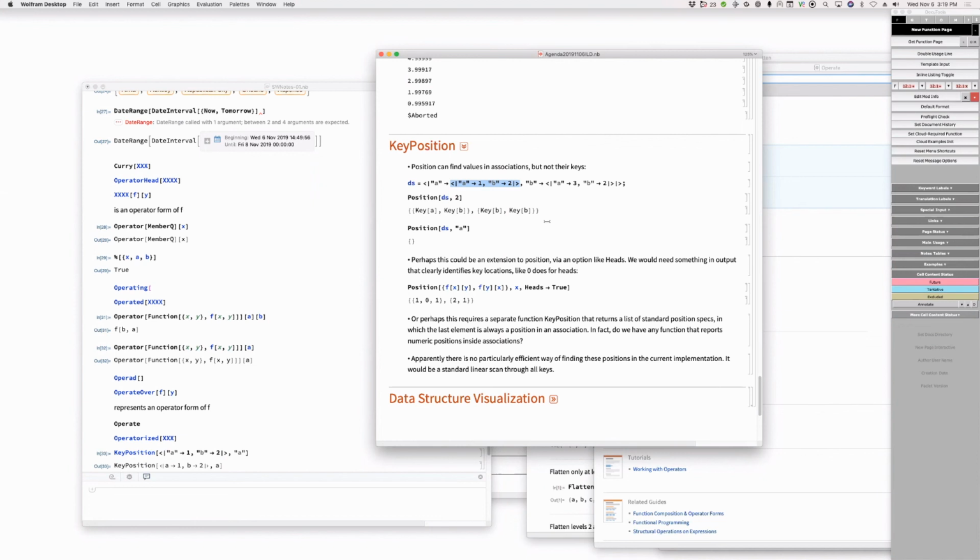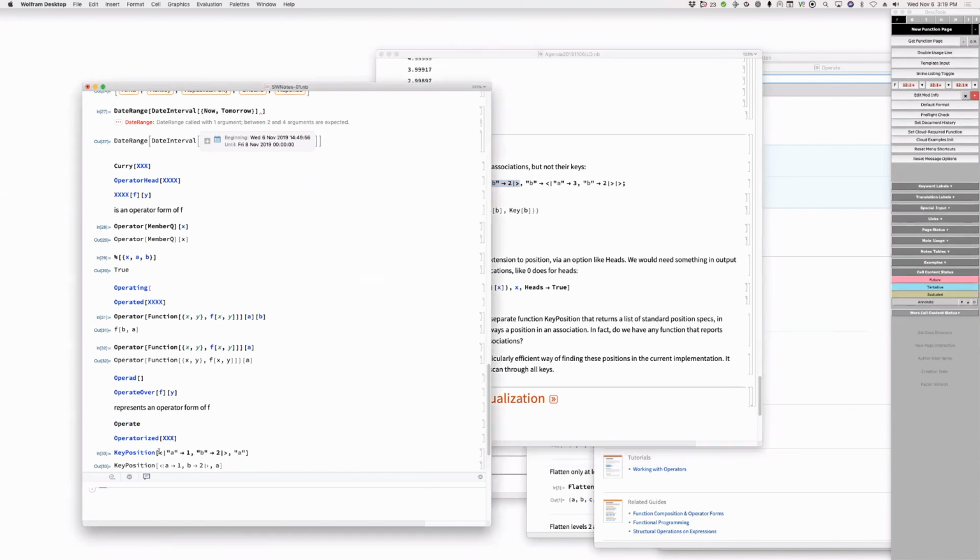Okay, so the name is kind of weird because key, what the heck is it? Because it isn't a position. Oh, I see what you mean. It's going to be an integer. I understand that. Which would work here if I said, you know, we can index that by an integer, right? Yes. As a part extraction thing.